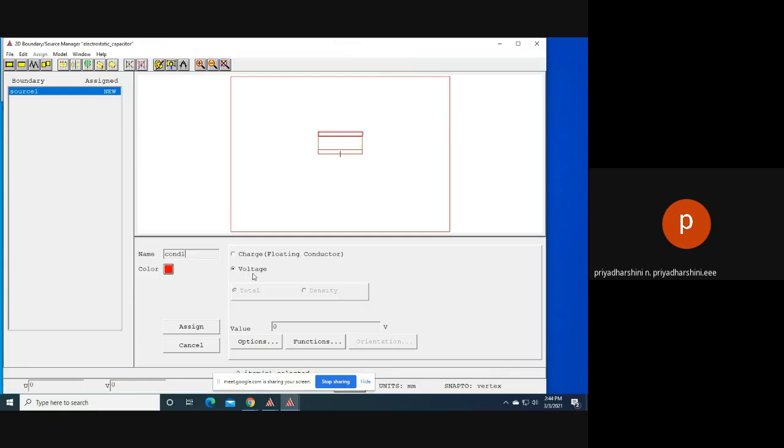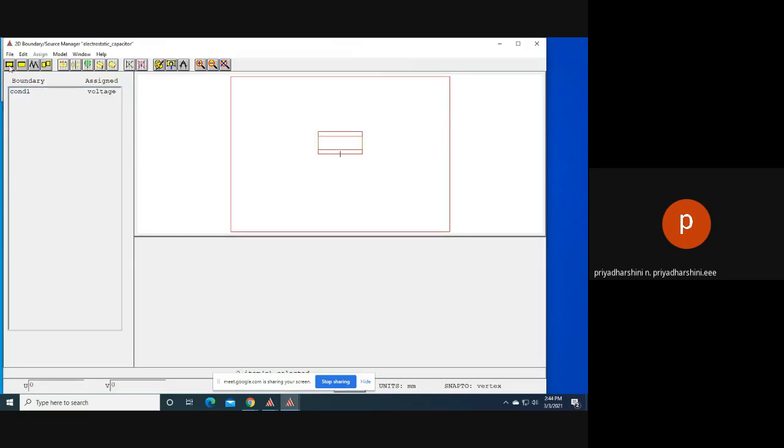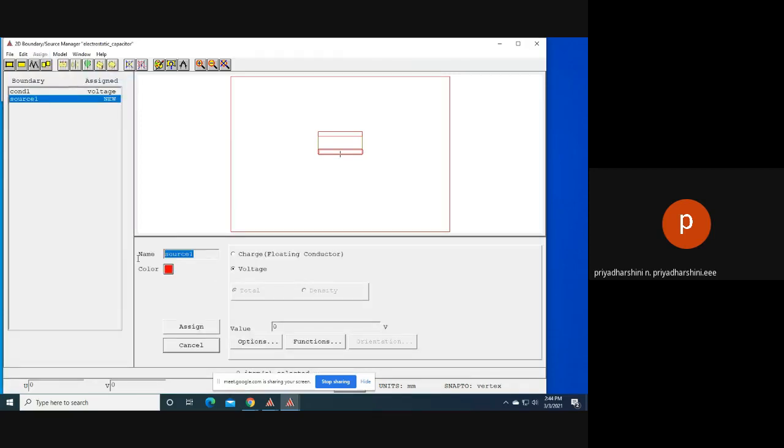For this I'm assigning a voltage of 10 volts. Assign. Similarly, this is a shortcut for selection. Select it, right click it, assign source, solid. Here I am naming it conductor 2. I am giving 0 volts for conductor 2. So I am giving 0 and assign it.